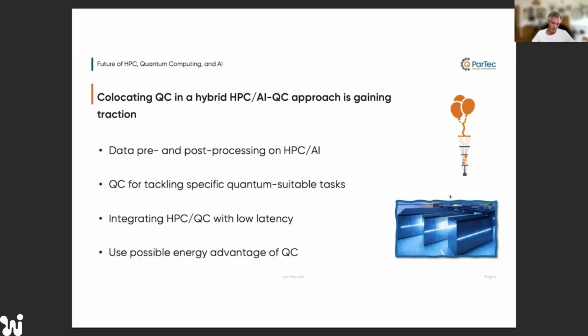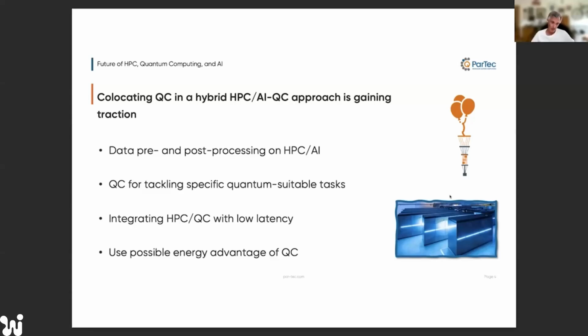Integrating HPC and quantum computing is not a question of bandwidth, I would say, because what is carried out on a quantum computer today is very small. We do not have a big data load, because we do not have a quantum memory right now. The quantum memory is missing. So we need to encode our data in circuits to get the data into the quantum computer. But we can use low latency for this kind of interaction between quantum computing and HPC.